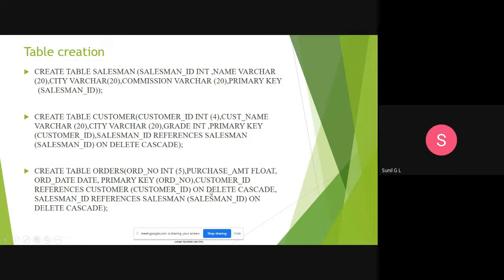When you use that, whenever I delete a customer ID from the customer table, it will automatically be deleted in the order table. Like that, salesman ID references salesman of salesman ID on delete cascade. So when I delete that salesman ID from the salesman table, it will automatically be deleted from the order table also. This is the creation of tables.